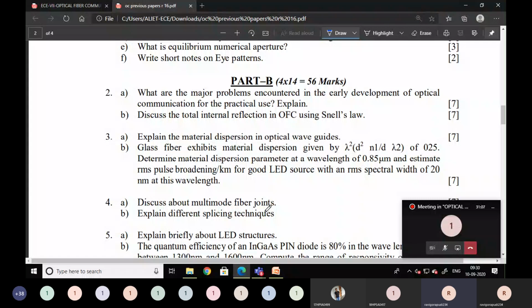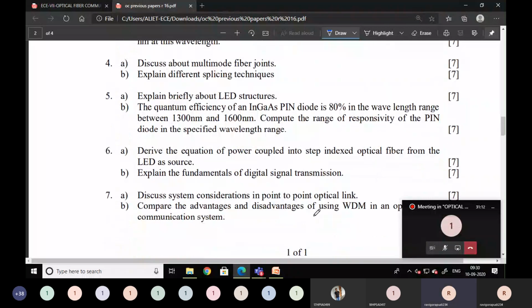That's why time is more. You can write one extra question. Not only one question, if you know the 6th question also, you can write the 6th one also. If you know the answer, you have to write all questions. Why? Because you don't know which one is the exact answer. Sometimes, according to evaluation, we don't know for which question you may get good marks. That's why if you know the answers, you have to write all answers.